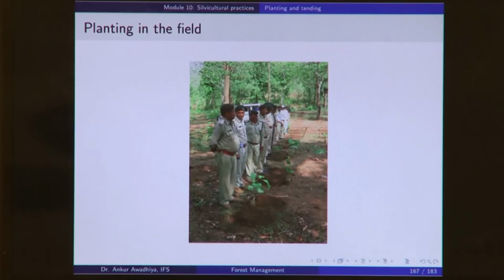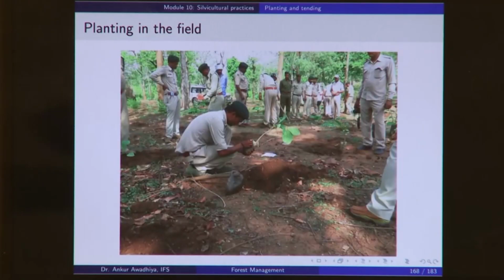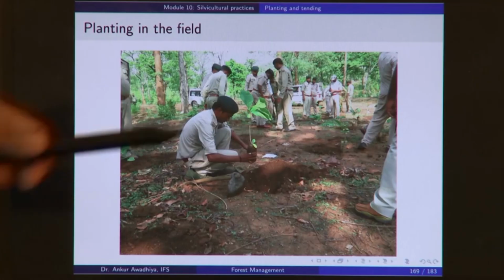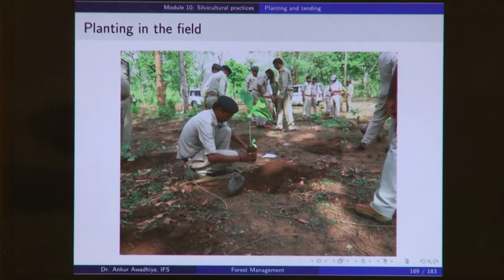Here we are seeing the pits, and the plants have been brought to this area. So, in the planting operation, the first thing is to get rid of the polythene bag around the plants. The polythene bag is cut away using a blade and the plant is exposed along with the ball of soil that is here. Now, at this stage it is very important to ensure that the ball of soil is not broken. So, essentially you have to be careful that you handle this plant together with the soil very carefully